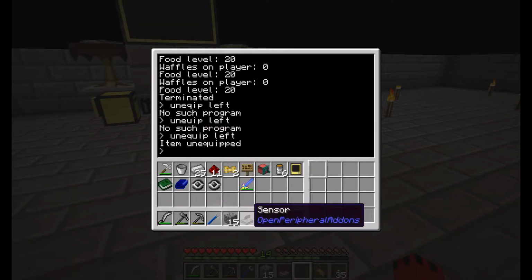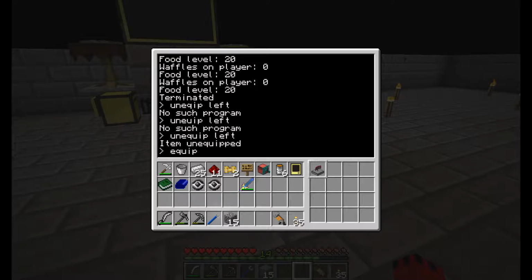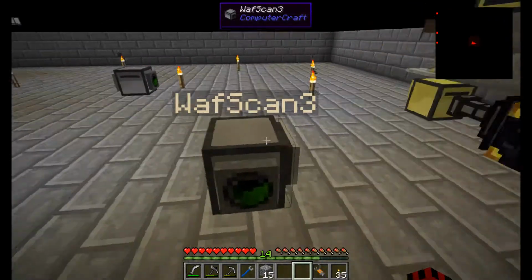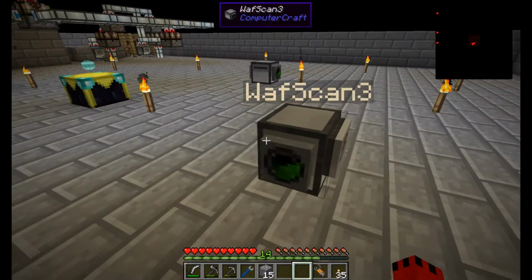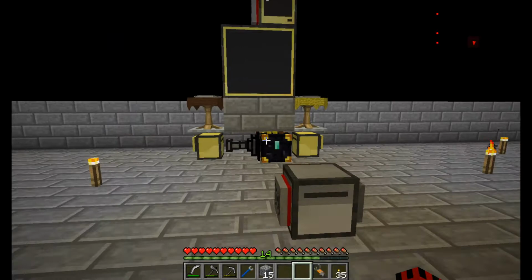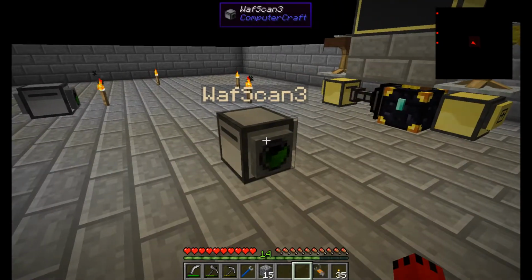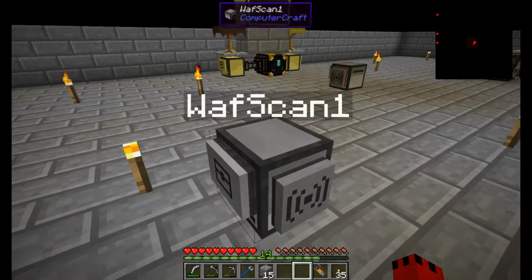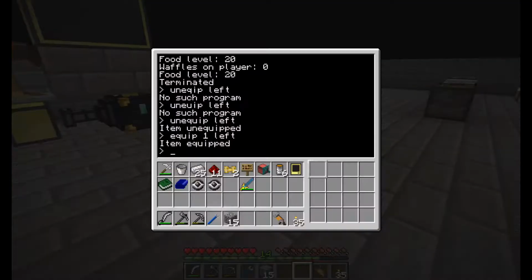So I'm going to put back the sensor, otherwise later on I'm going to be confused. There we go, got my sensor back on. When the sensor is attached to a turtle, the turtle itself is a sensor. It can see anything it wants. So what I'm going to do is simply bury 3 of these under the floor, and the moment the server starts up, they automatically start running and they will evaluate what they see. So if I reboot this one,